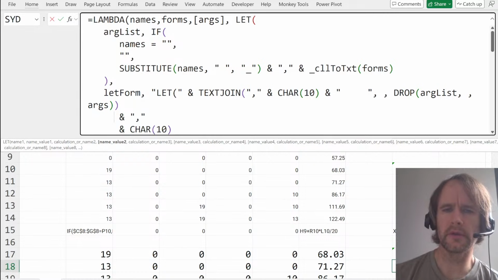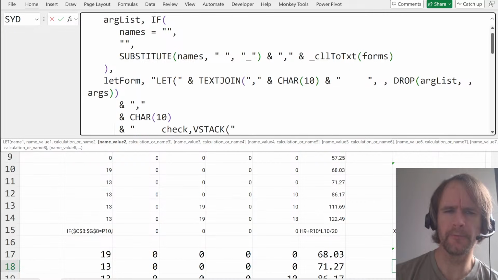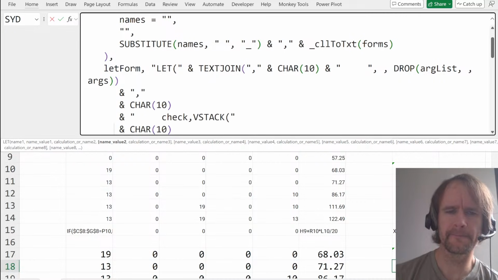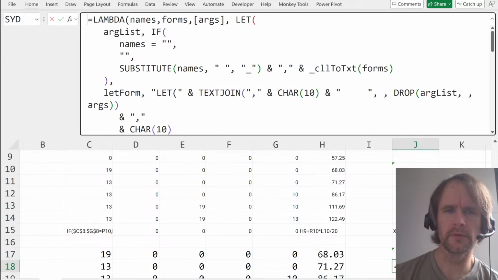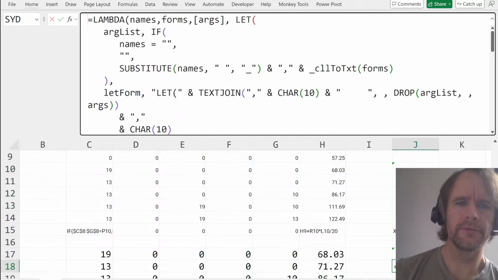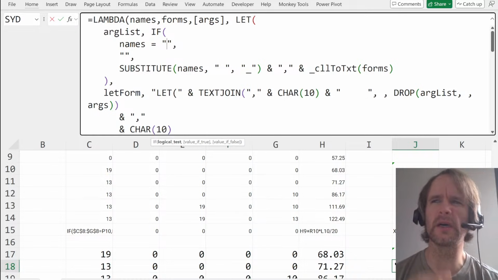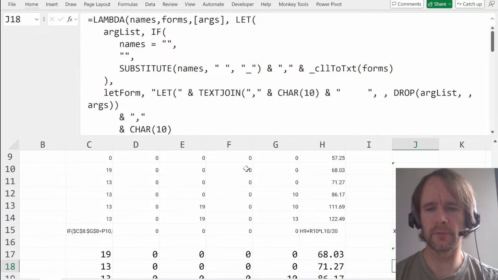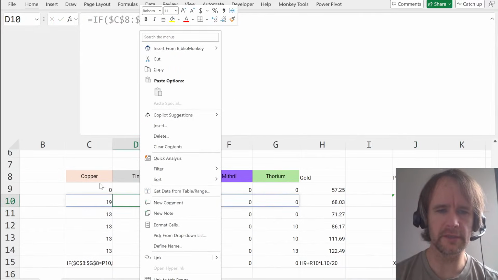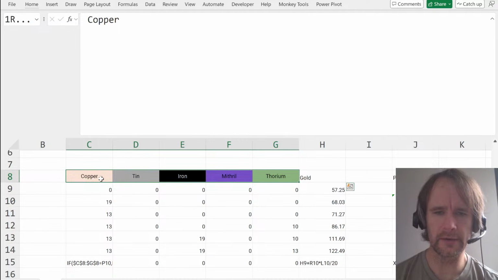Oh, I guess I just handle it by text join, omitting blanks. If oh, there it is. If names equals no, that won't work for this one. Crud. Okay, so what I was thinking through is basically lambda phi has a thing where